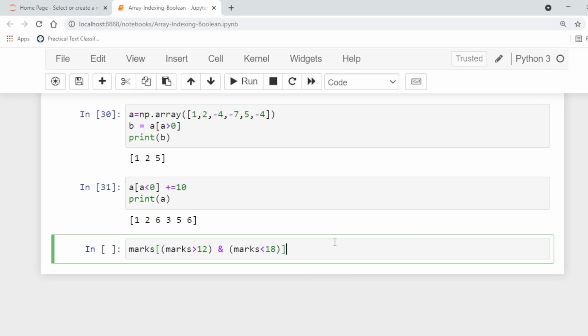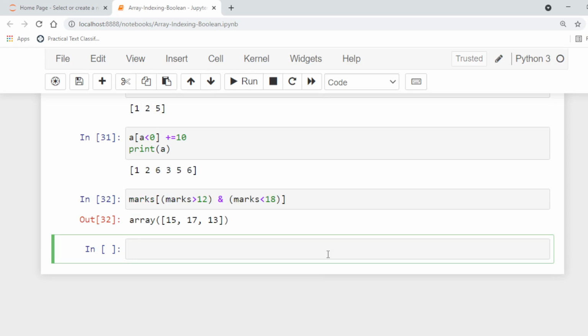If we run this, we get 15, 17 and 13. Similarly, we can use the logical OR operator to extract some specific data.